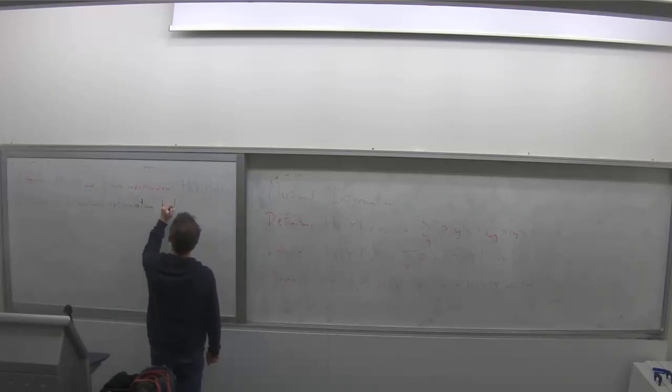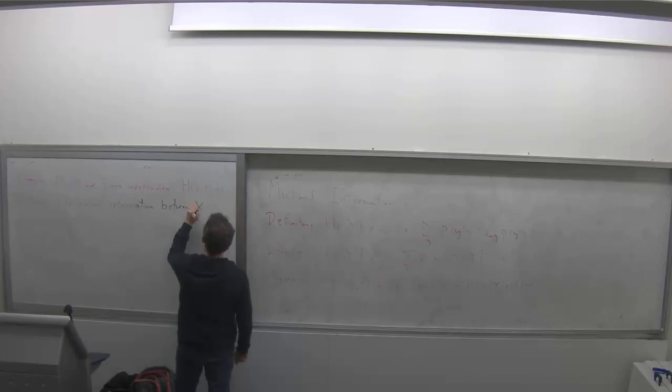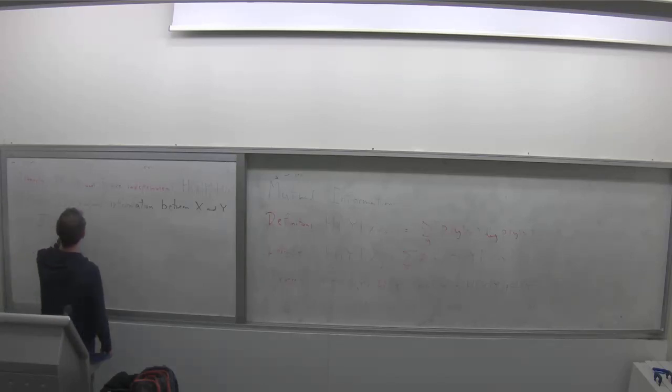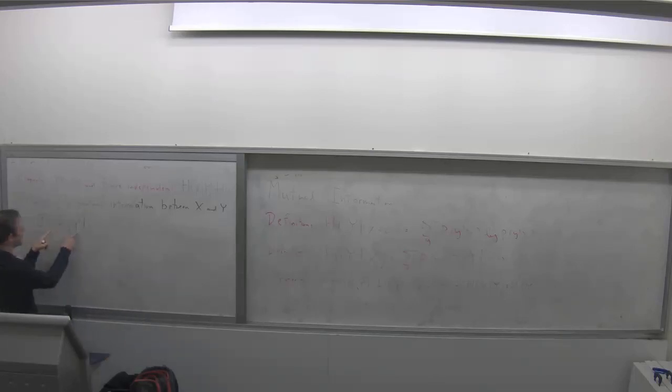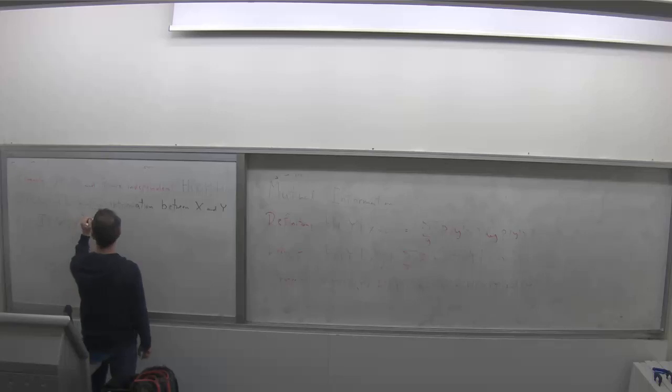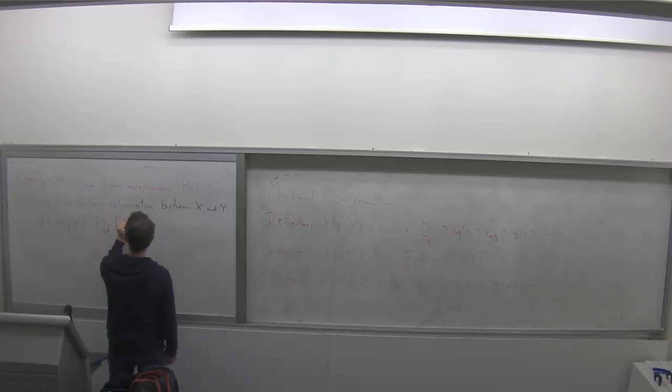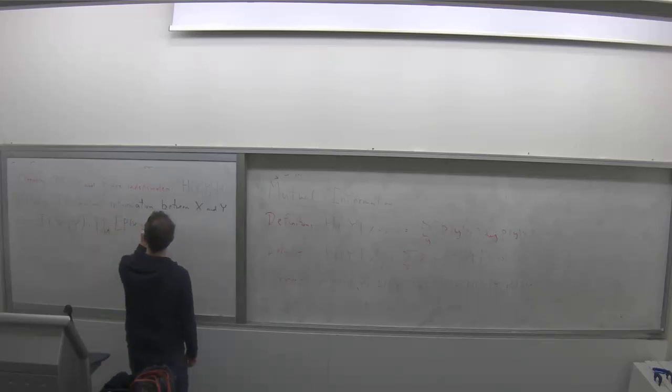Between x and y is defined as follows. So actually, the definition will look a bit strange. Well, you've seen it last week, so it won't look that strange. The information between x and y we denote it this way. These are uppercase X and Y. The mutual information between random variable X and random variable Y is, probably the proper definition, the Kullback-Leibler divergence between the joint distribution of x and y and